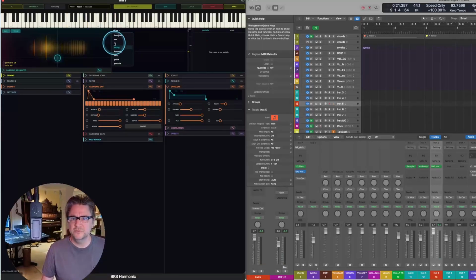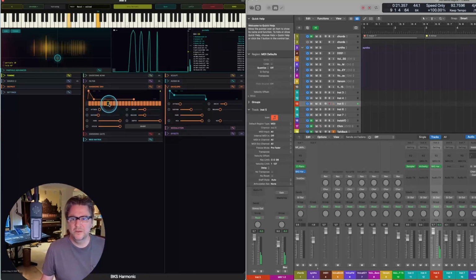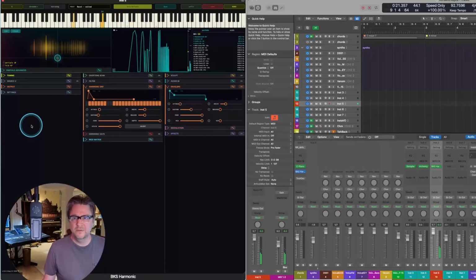Let's go back to, let's look at it here. But if we only wanted to operate on some of the harmonics, right? Let's say we didn't want the fundamental, or that note, to go away when we play the note. We could re-enable